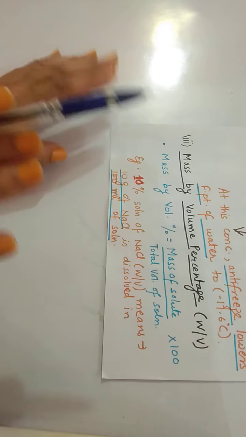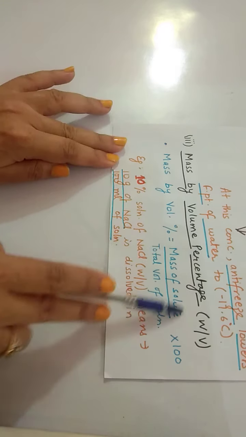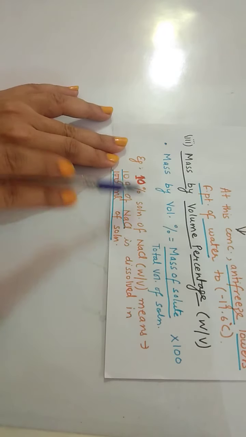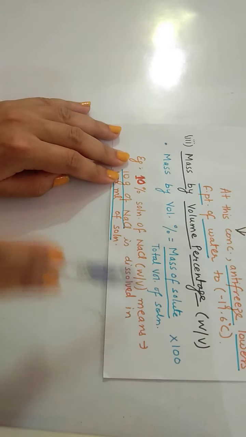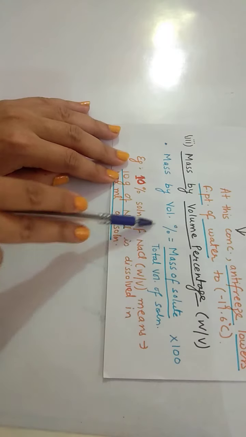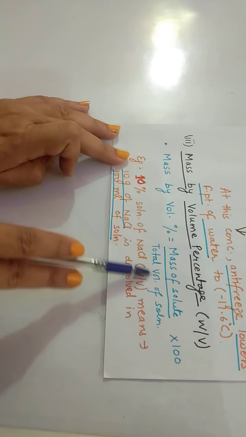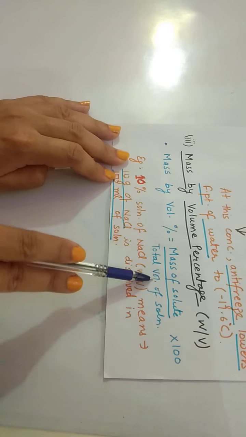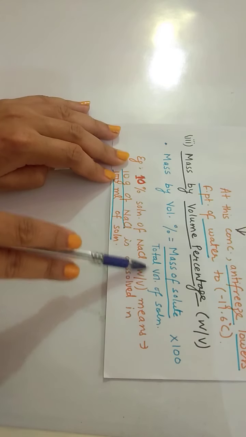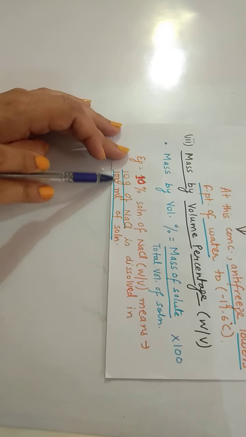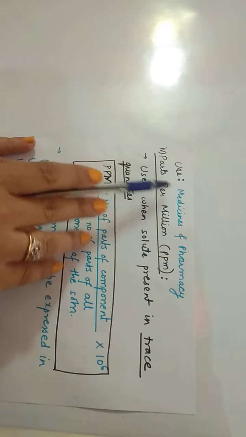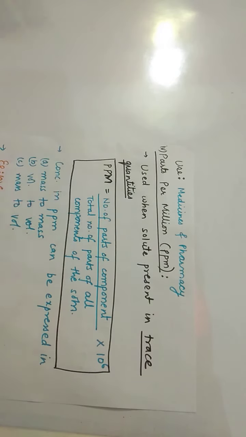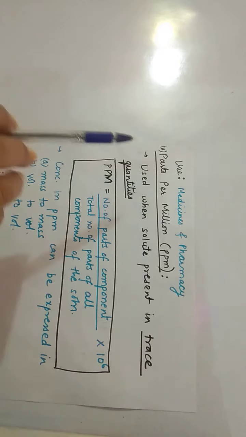Now I just hope this one is clear. Mass of solute will be in gram. Here, 10% solution of NaCl means 10 gram of NaCl is dissolved in a solvent to make the total volume of solution 100 ml. As the total volume of solution is given, and volume means liquid, volume is expressed in ml, to make a solution of 100 ml. Now, where is it used? It is used in pharmacy and medicines, to make medicines.